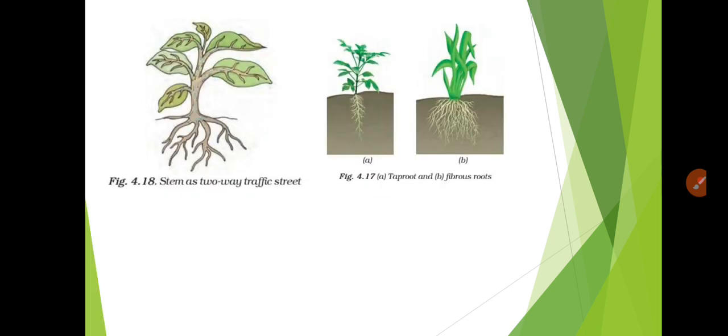See, first is taproot. You can see this is a main root, right? And the first one is taproot. This is the main root, and other small roots also arise from this main root. These are called lateral roots. And in diagram B, fibrous roots, these roots are similar in size and are thin in nature. Okay,